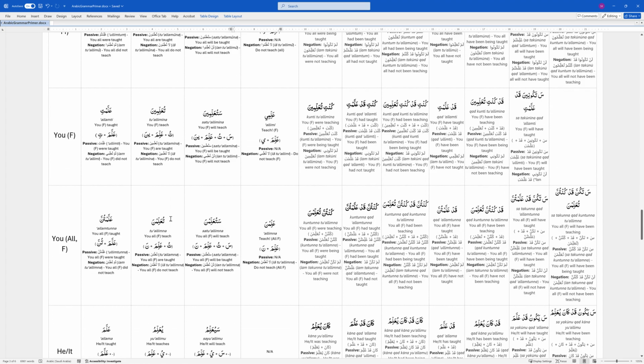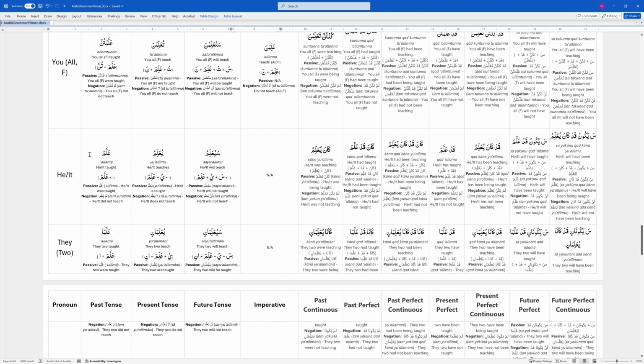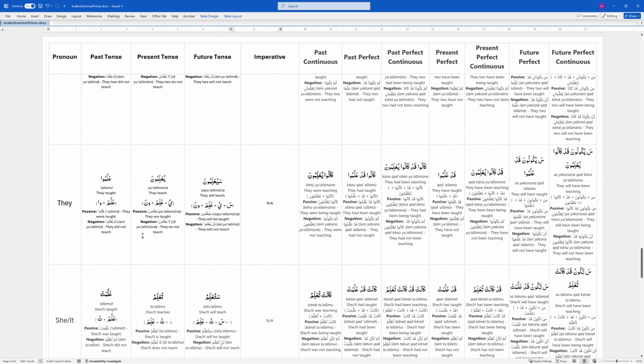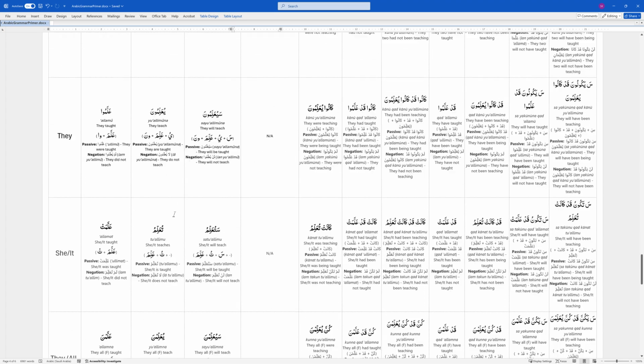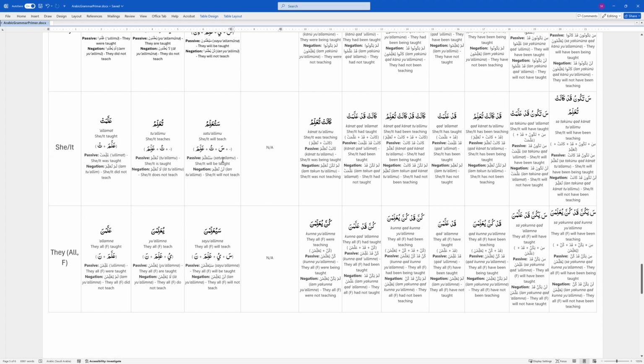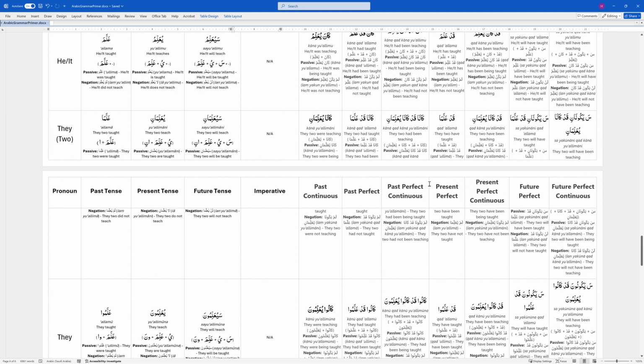So let's see one example. Here, for example, in the same order, we use yu'allimuna, they teach, right? So this is one combination where we have one prefix and one suffix added to the same root word. We call it yu'allimuna, which means they teach. So like that, we can have the same combination of prefixes and suffixes to make all the other tenses also